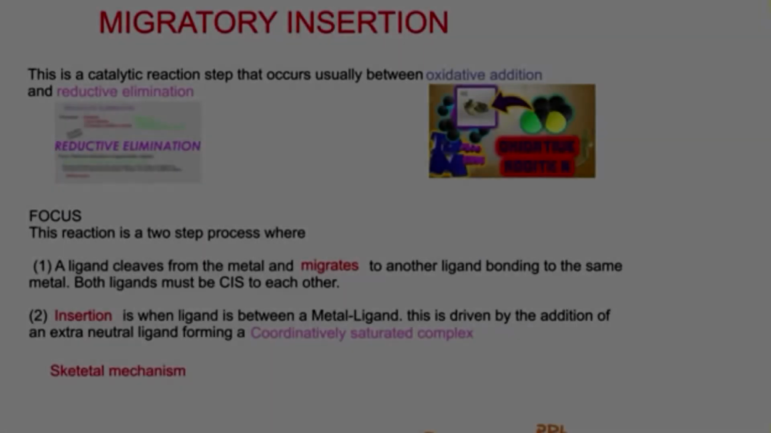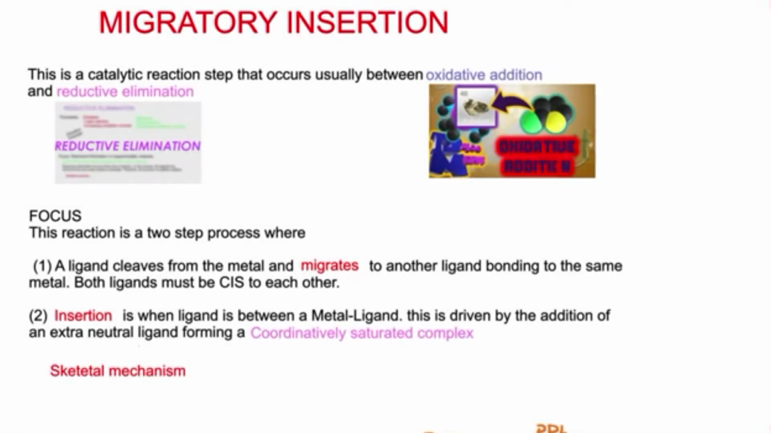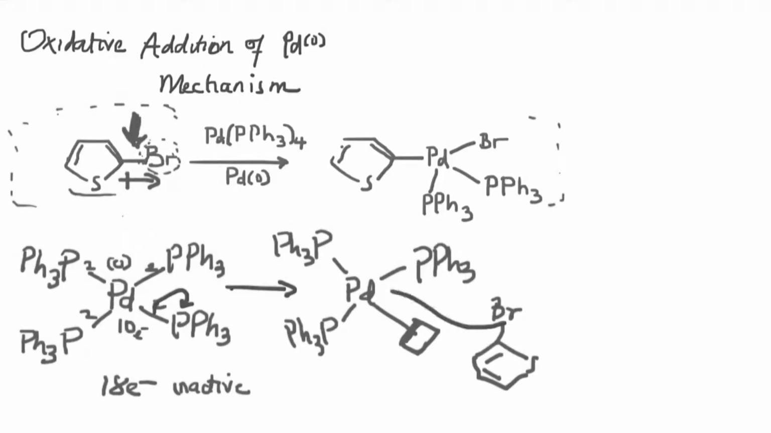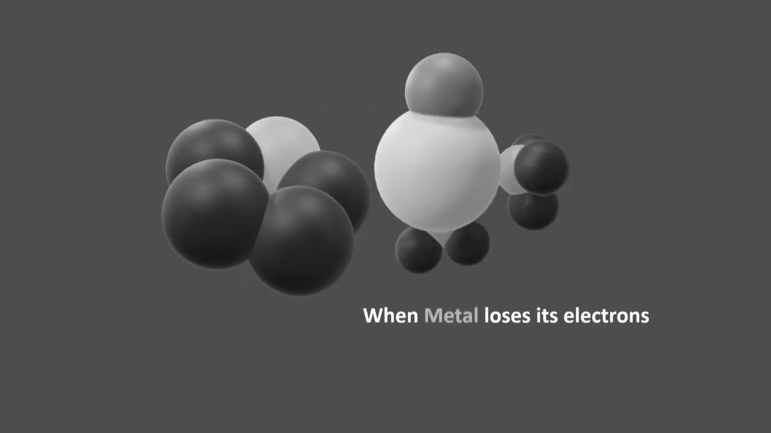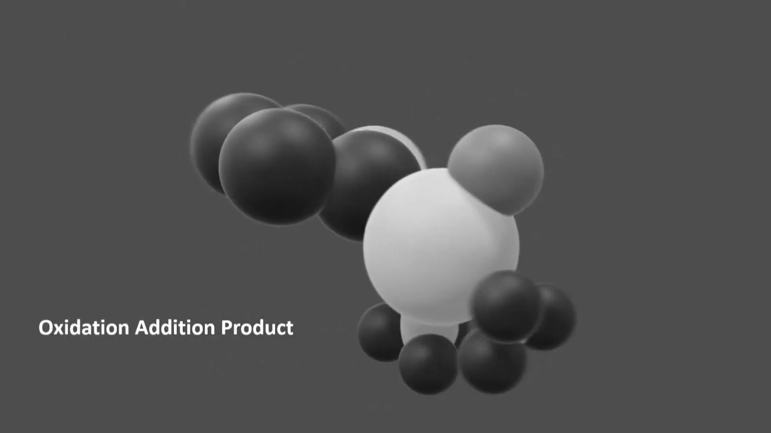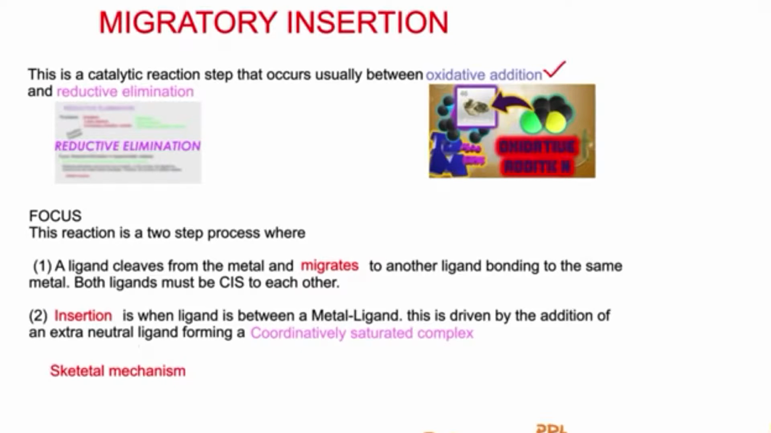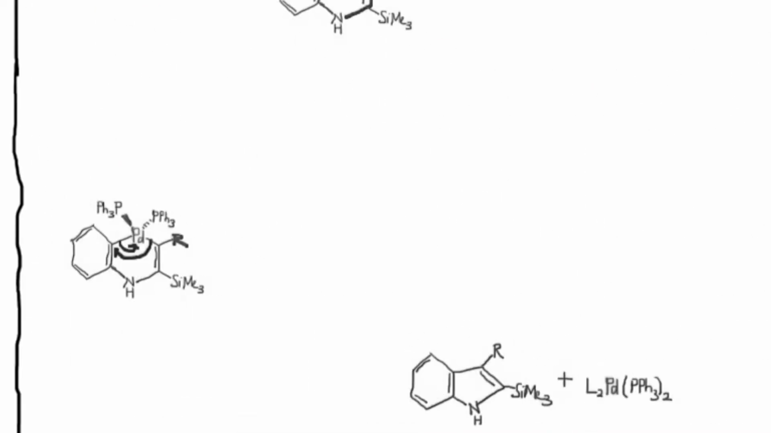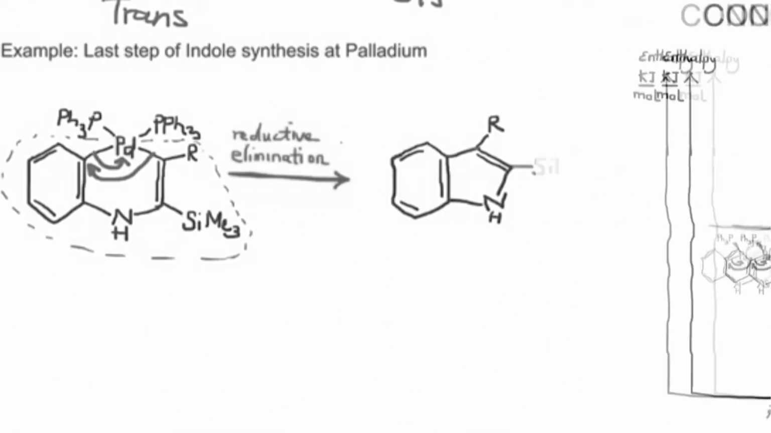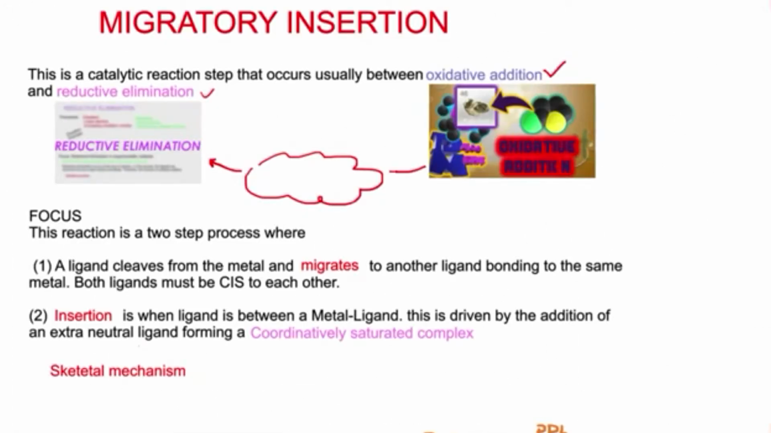Now in this video we're going to focus on migratory insertion. This particular reaction step is crucial, connecting both the oxidative addition, which we talked about in a series of our videos, and a specific video on reductive elimination. Now migratory insertion is the bridge between the beginning and the end of cyclic catalytic reactions that occur